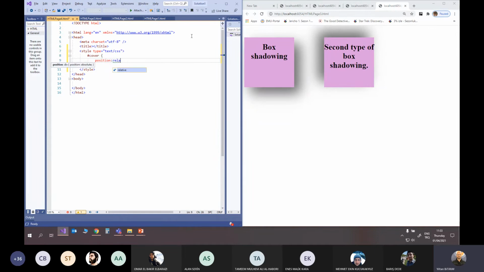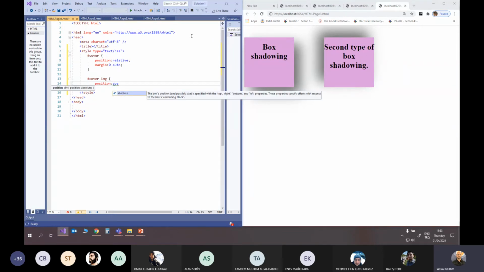Position will be relative. And for margin, I will say 0, and it will be auto. And when I use the cover ID with an image in that, I want position to be absolute, not relative, left 0,